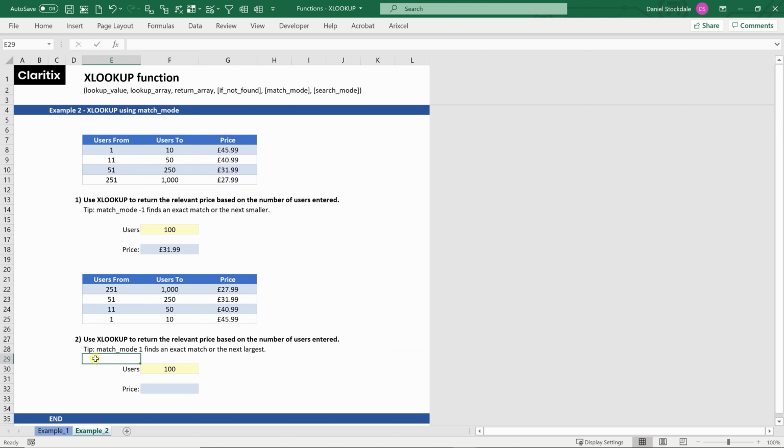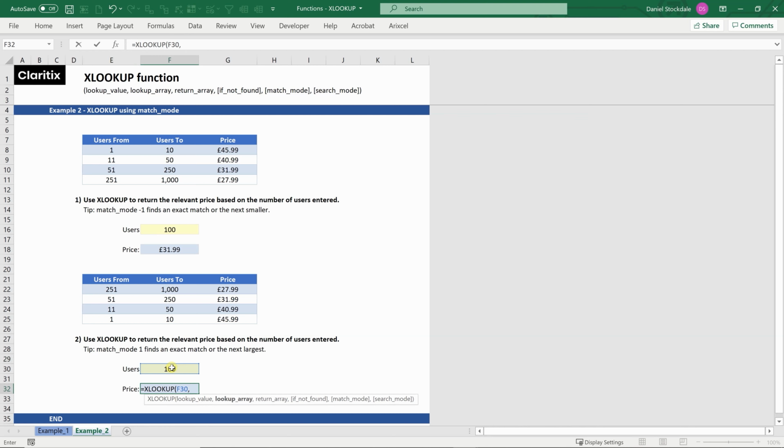Now, question 2 is similar to question 1, except here the data is reversed. So we start with users from 251 to 1000, then we have 51 to 250, then 11 to 50, and 1 to 10. So the question here is asking us to use the match mode of 1. So if I input XLOOKUP, the lookup value will be this 100.